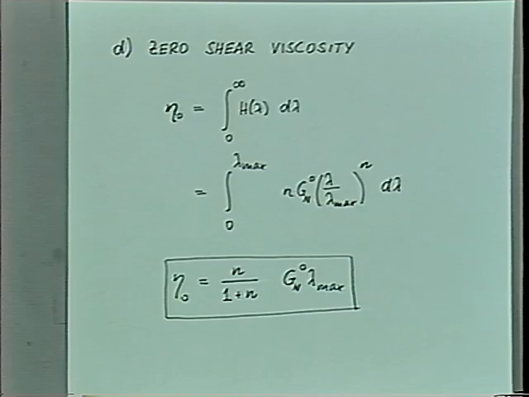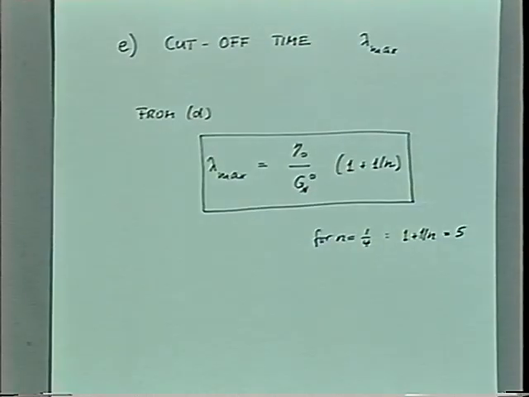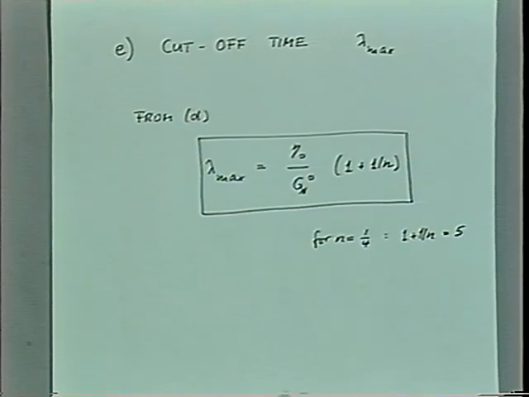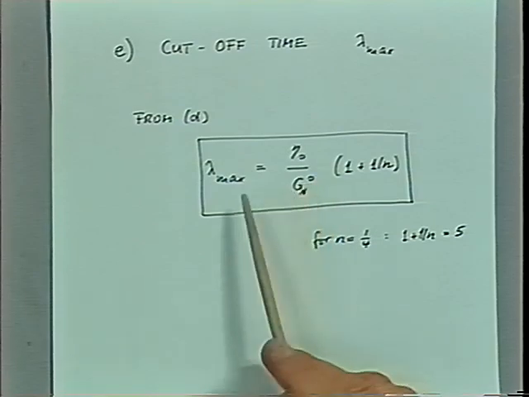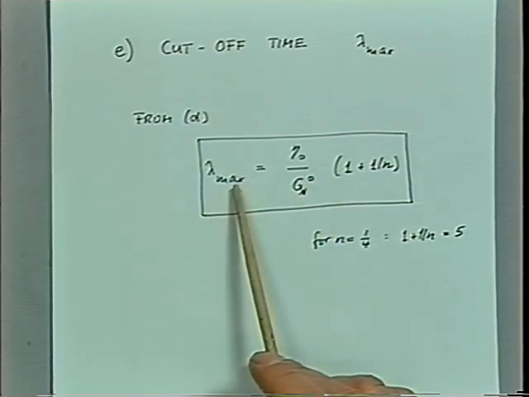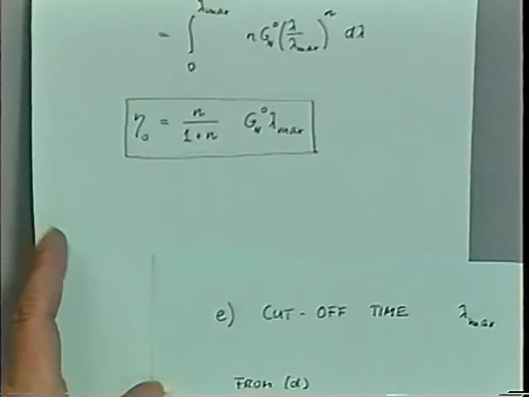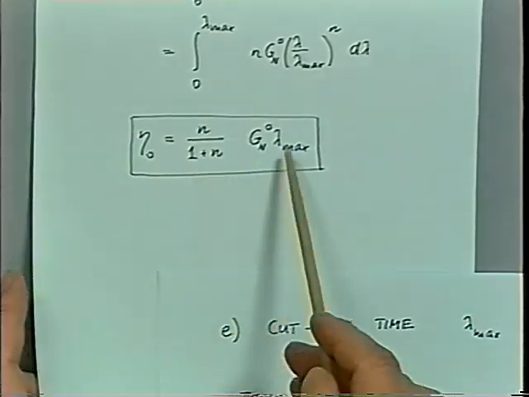So the question is, how big is the longest relaxation time? Can you get the longest relaxation time in a simple fashion from your experimental data? Well, you can with the solution which we just determined. We rearrange the previous equation, put lambda max on one side and everything else on the other side, and find